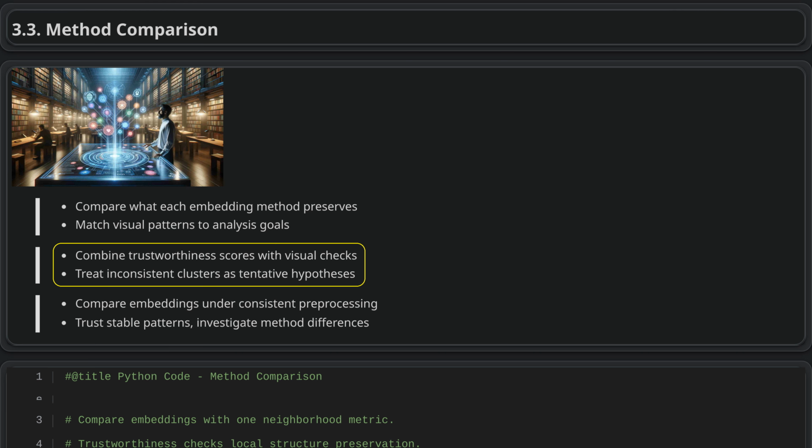When evaluating manifold embeddings, combine quantitative scores with visual inspection. Trustworthiness shows whether local neighborhoods are preserved, but it does not guarantee that the overall structure is reliable. Visual checks can reveal whether clusters, transitions, outliers, and known labels make sense. If a pattern appears only under one t-SNE setting, treat it as a lead for further investigation, rather than a